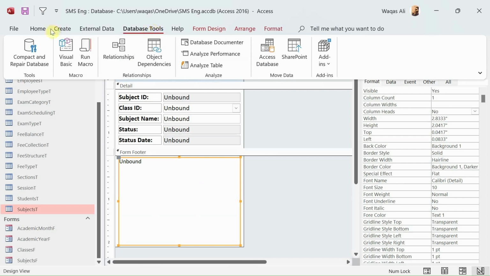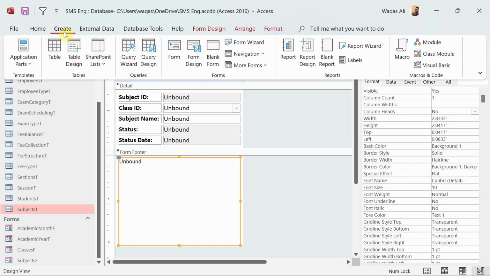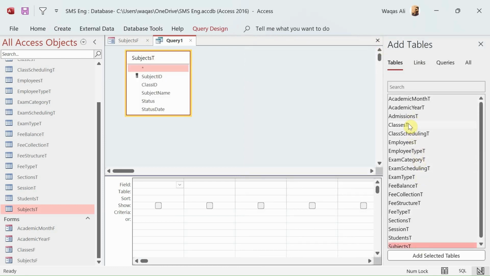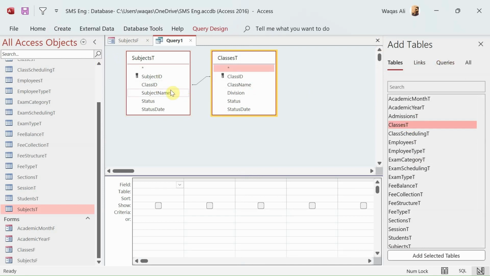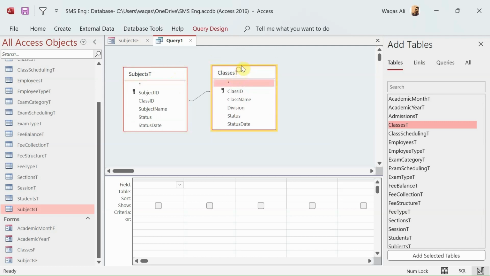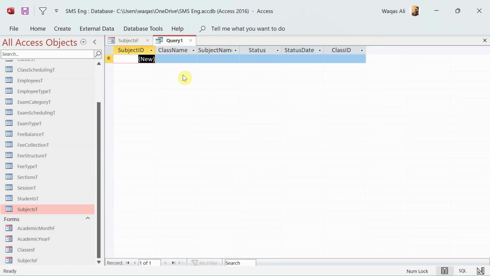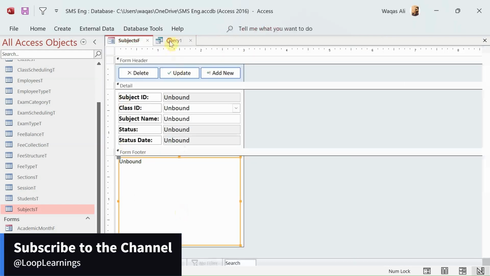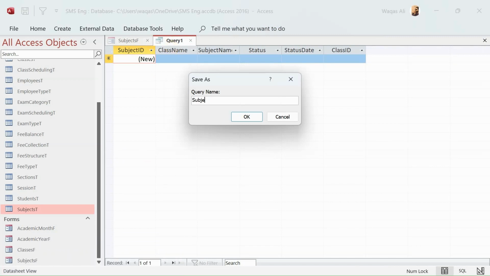Well, let's make a query. I click on the create tab in the ribbon, go to the queries area and click on query design. Now in here I double click subjects and double click classes. So this is exactly the same that I was doing earlier. Okay, so this we are making a standalone query. So in here subject ID, class name, subject name, status date, and class ID. So this query we are going to use, and from here we are going to bring the data onto this list box. So let's give a name. So let's say subjects Q. Okay,